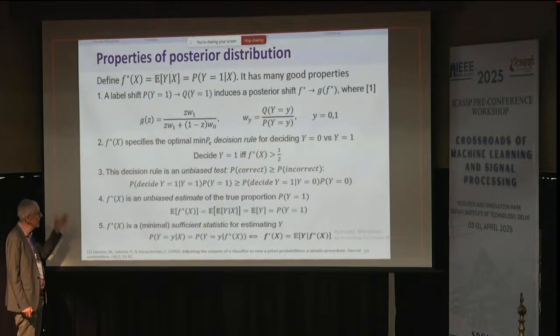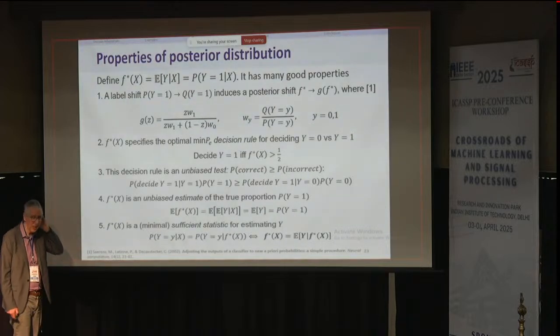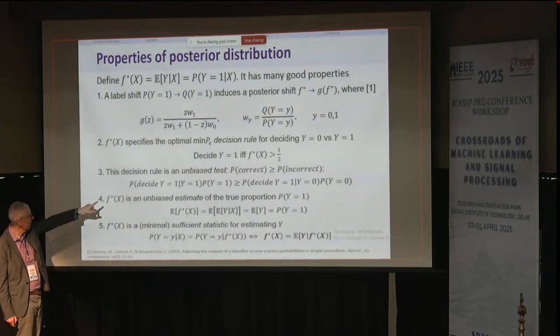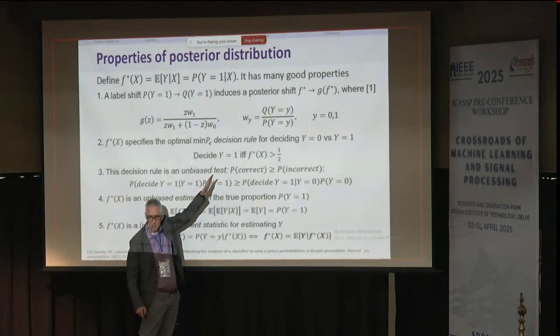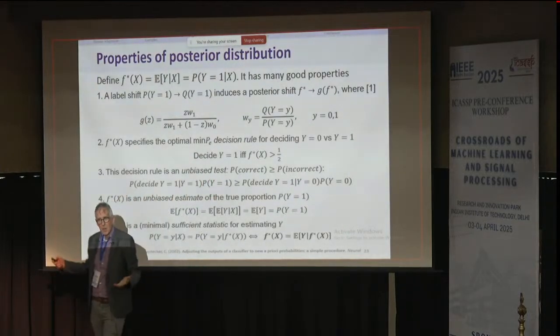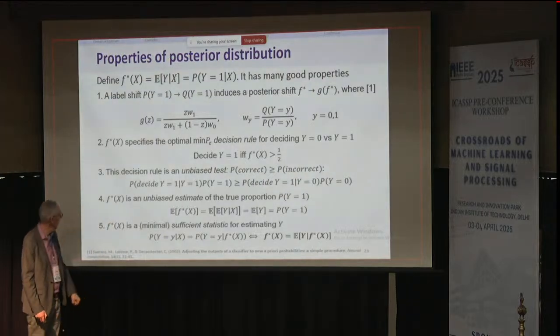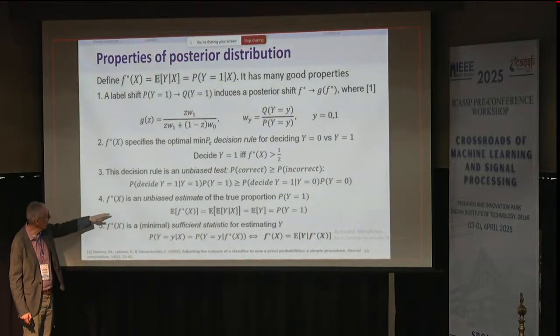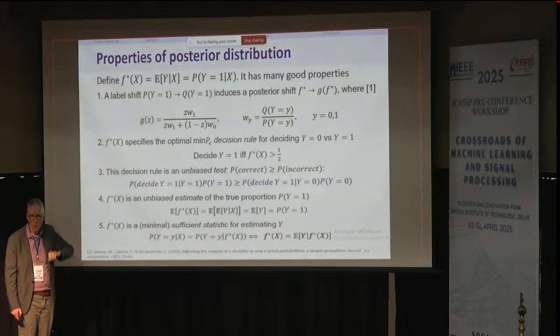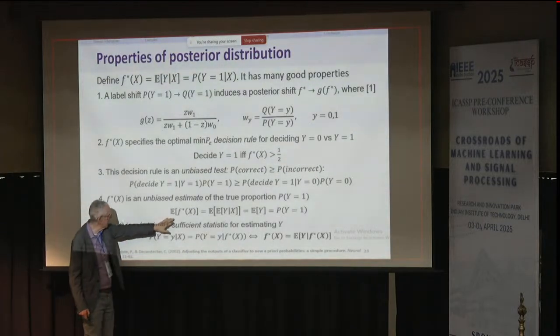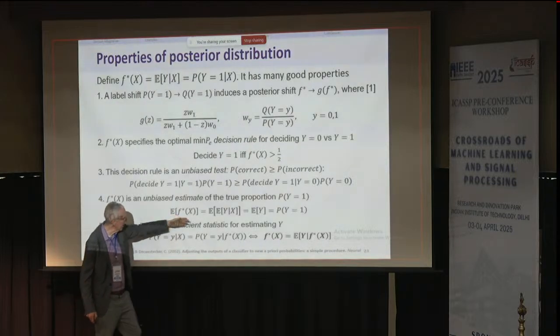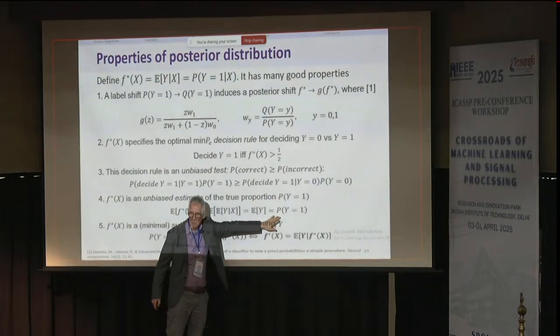This decision rule is an unbiased test in the sense that the ROC curve associated with the decision rule always lies above the diagonal line. So that's another desirable property. It's also an unbiased estimate of the true proportion. So the expectation of the conditional expectation is the unconditional expectation, which is simply the proportion, right? So